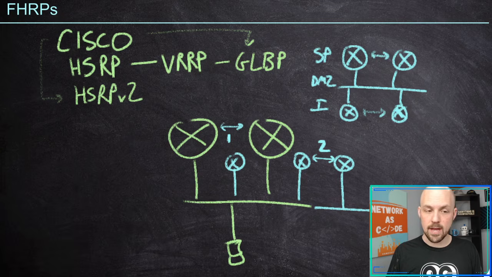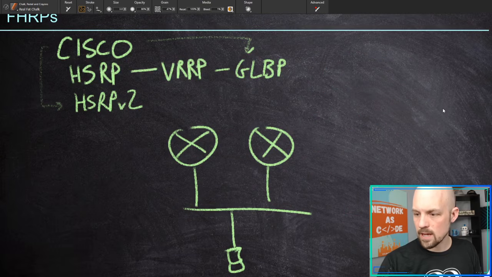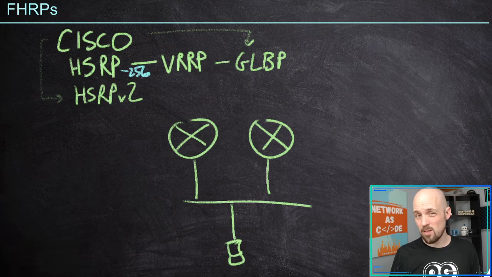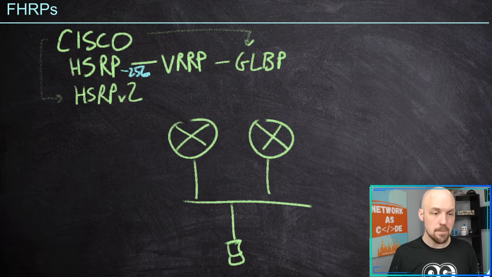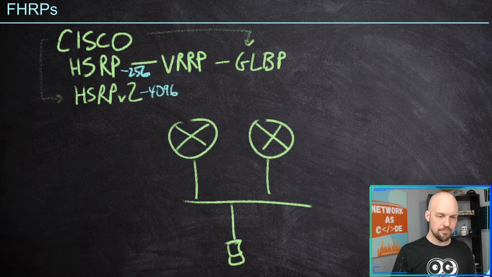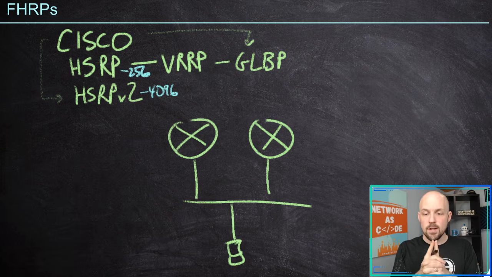In HSRP version 1, I'm just going to clear that out because that got busy. In HSRP version 1, we get 256 groups. Sounds like a lot, right? Sounds plenty. And yet HSRP version 2 gives us 4,096. Holy smokes, Jeff, why? 256 was plenty. Why are we going to 4,096? There actually is a good reason for this. Number 1,